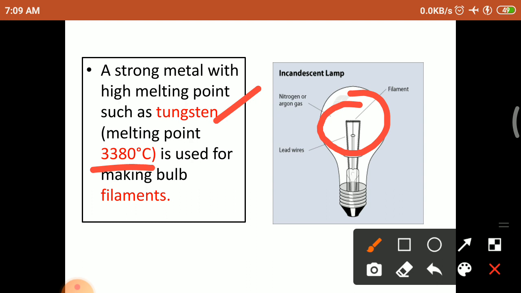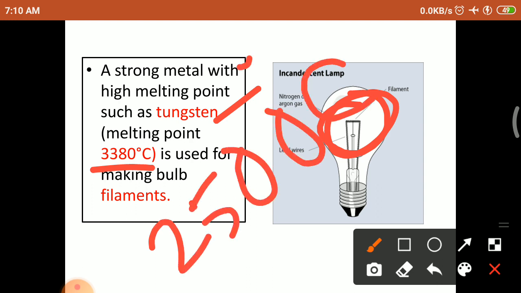And why are we choosing tungsten for making a filament? Because one, it has a very high melting point, and another, it has high flexibility. If you take a filament, we can see its flexibility, and it is a very important property. When the tungsten filament of the electric bulb becomes white hot and glows, emitting light, the temperature is 2500 degrees Celsius. Only when the tungsten reaches 2500 degrees Celsius will it emit light.